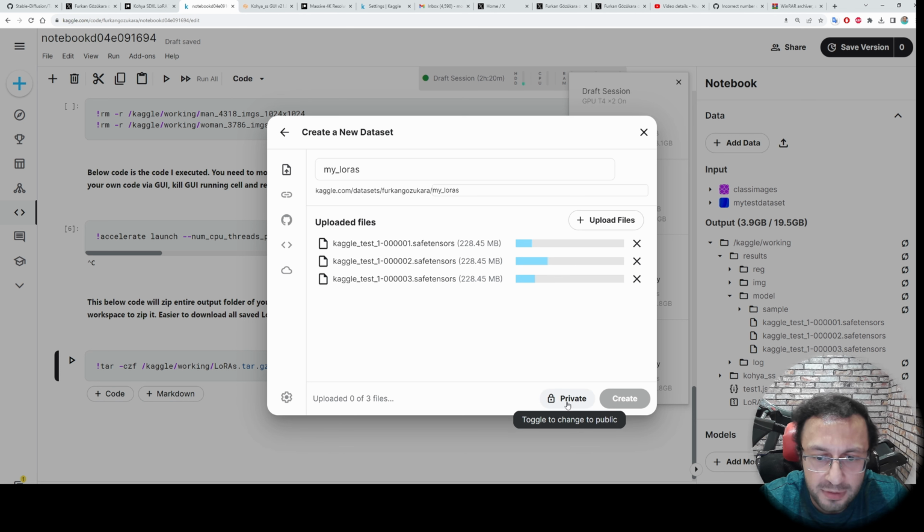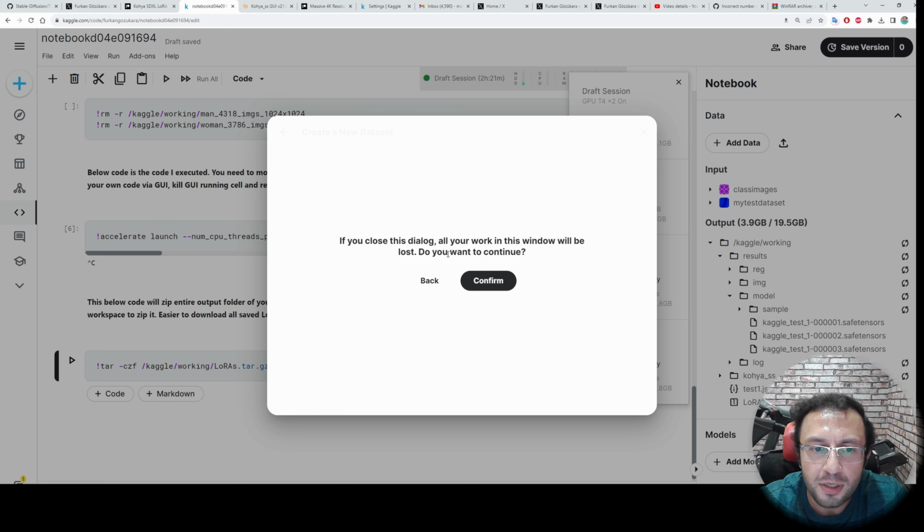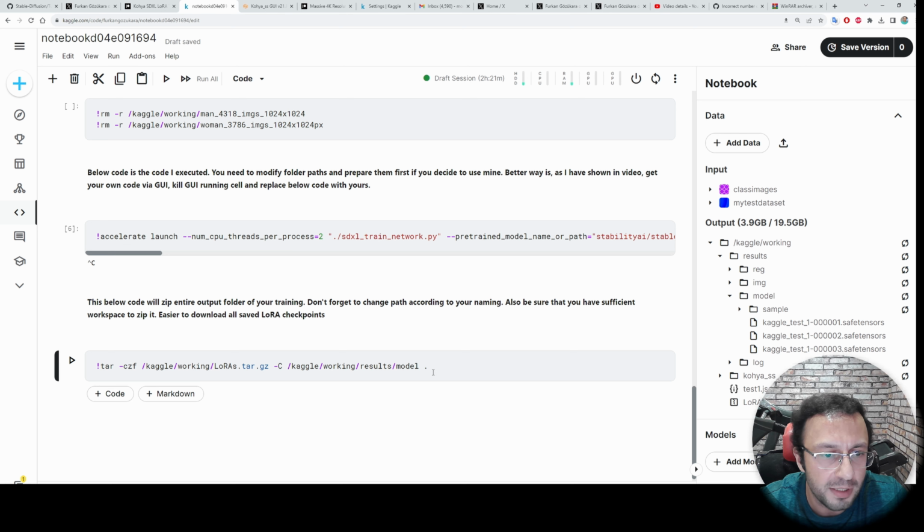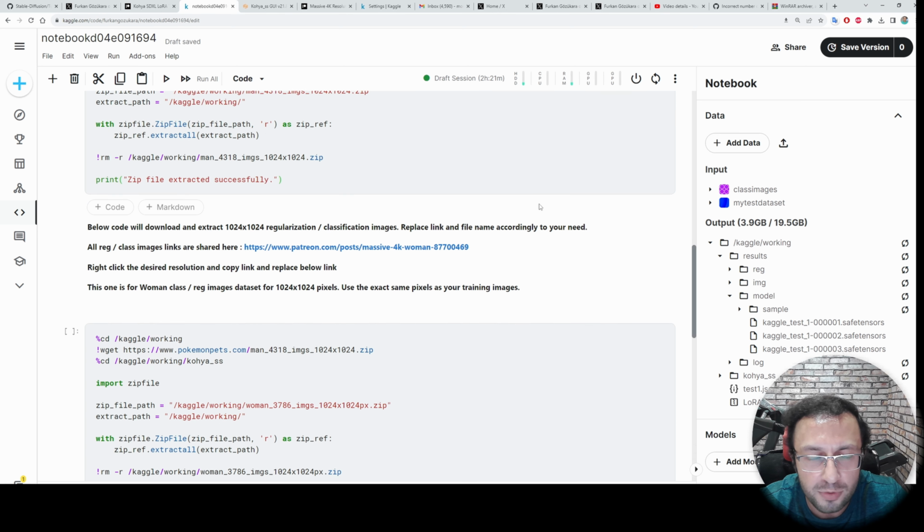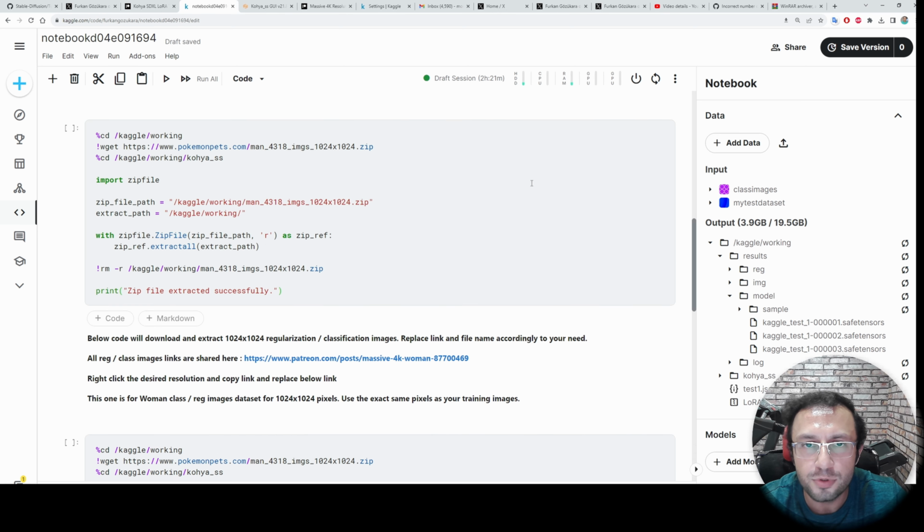They will be private unless you make them public. So this is the way of uploading and permanently saving files in your account. However, you have space of like 100 gigabytes, but it is really sufficient. And once the uploads are completed, just click the create icon. So for now, I will just terminate my session because I have shown everything. Now it's time to use these LoRAs on our Automatic 1111 Web UI.